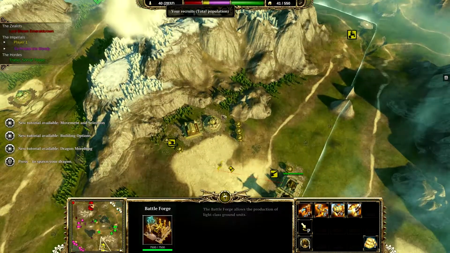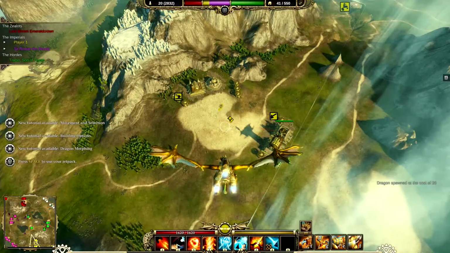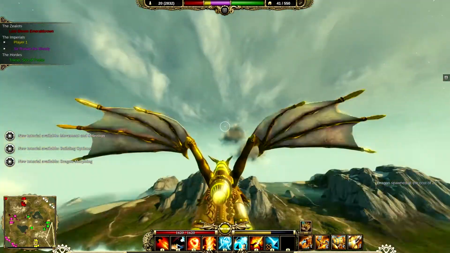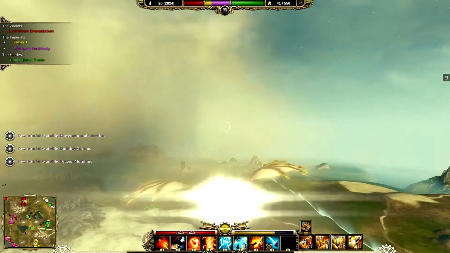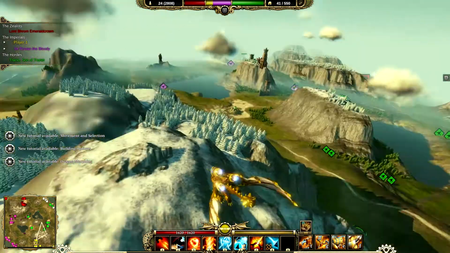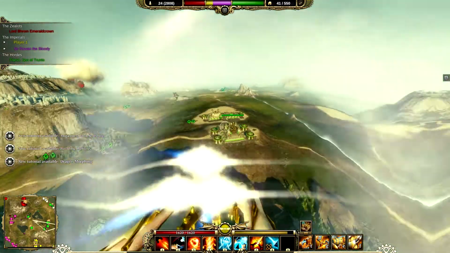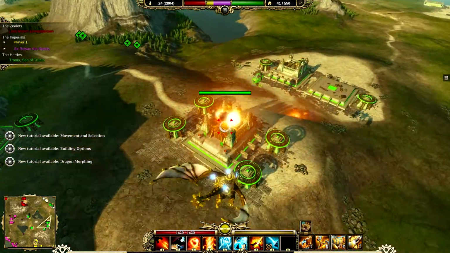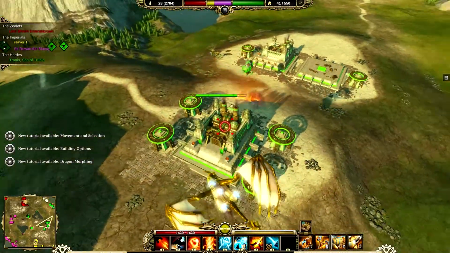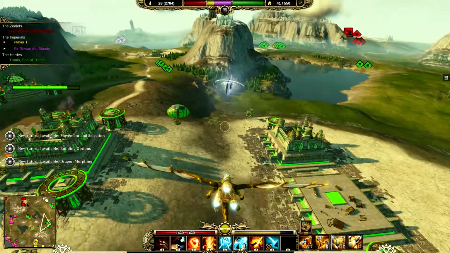Because I've got over 20 resources, I can transform my dragon in. So I picked the same dragon I'm using in the campaign. Obviously this guy's got all the abilities, which I don't actually have yet. So, purple guys are on our team, the green guys aren't. It's pretty obvious, you just fly around the battlefield